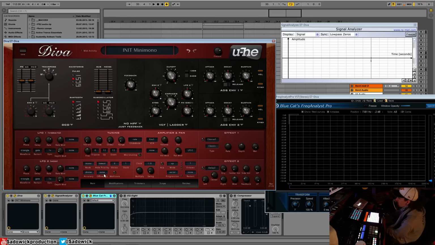So offline accuracy would be how you would render. It would be the same as the accuracy you're working on in your actual project. So say you want fast, and with fast you get a particular sound you like, and you have it set to best, when it renders you'll get a completely different sound. So just keep that in mind. There's nothing wrong with using a quote-unquote poor accuracy for the synth. You can get different kinds of sounds with it, which is cool. But typically I use divine, and I have my offline accuracy, which is what I render, at best. Best is divine. So you get the best absolute quality